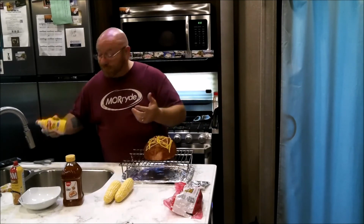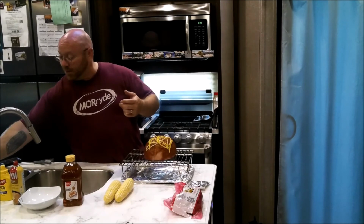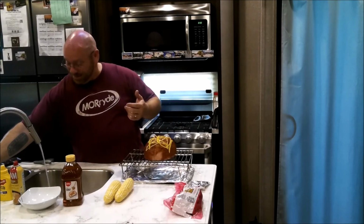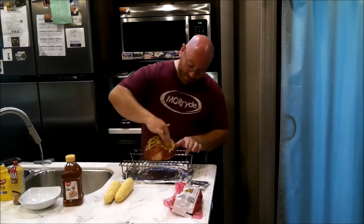I thought the same thing too. Who the hell coats their meat with mustard before they put it in the smoker? And you know what? Now that I've had it, I do it quite a bit. So, I'm going to turn the water on here because I'm going to wash my hand as soon as it gets done. But,